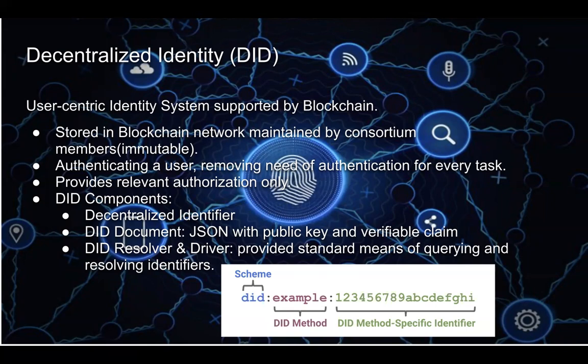And the DID document will be stored in the permissioned blockchain network. It's a JSON format file with public keys and verifiable claims. With the help of the DID resolver and driver, it can provide a standard means of querying and resolving identifiers.